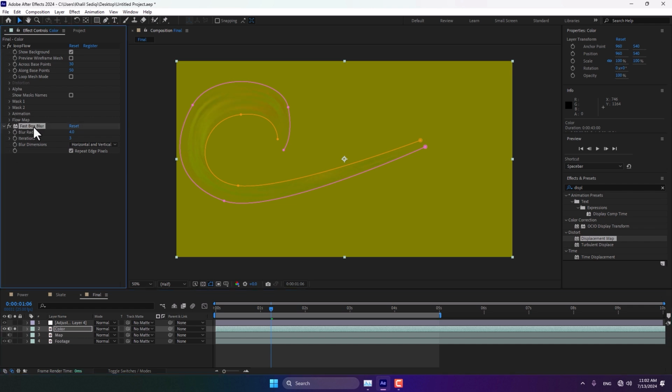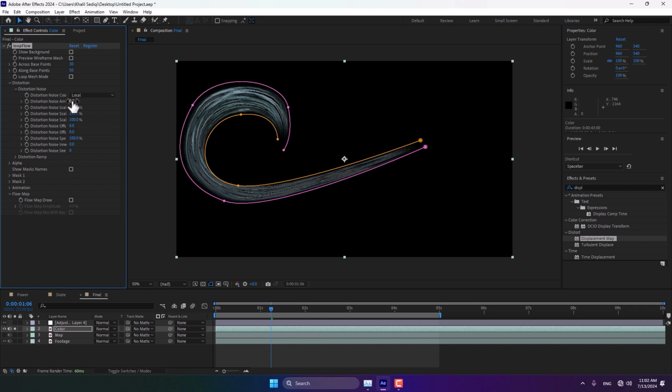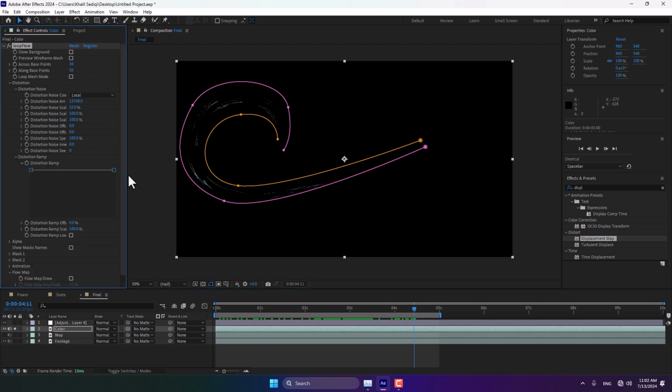First select box blur to cut and turn off show background, go to loop flow, turn off and go to distortion noise, make change, hold shift, make more rate. Play now. Not bad. And go to displacement map, make it a little bit down,